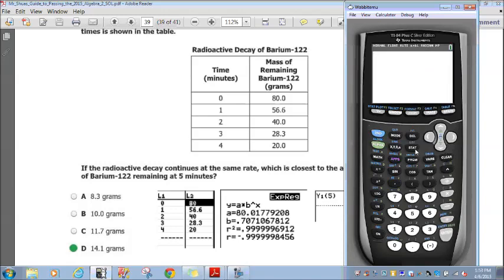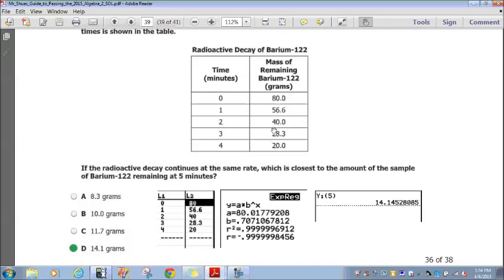I want to go into my stat menu. I'm going to hit stat, edit. And here, the time, minutes, I'm going to enter that into my L1 because these are my X values. And then the mass of remaining barium, those are my Y values. So I already went ahead and pre-entered them, but you would just enter them if you were doing this from scratch. Now that I have my data in,